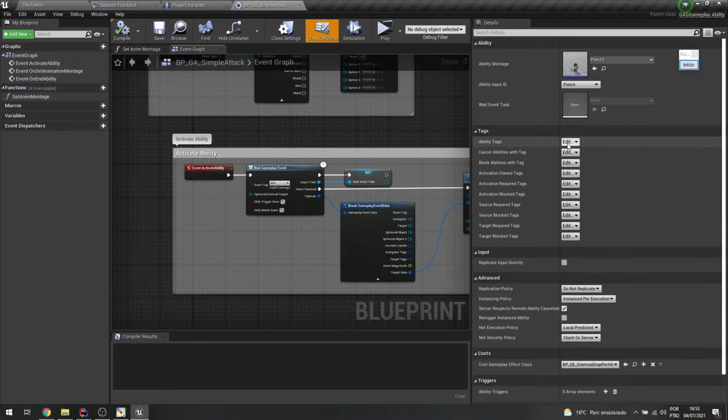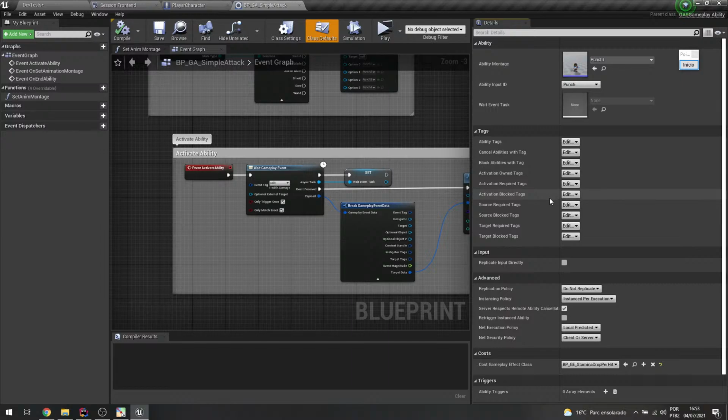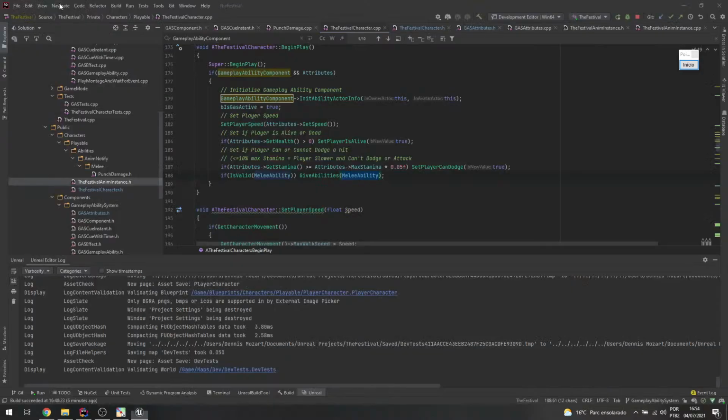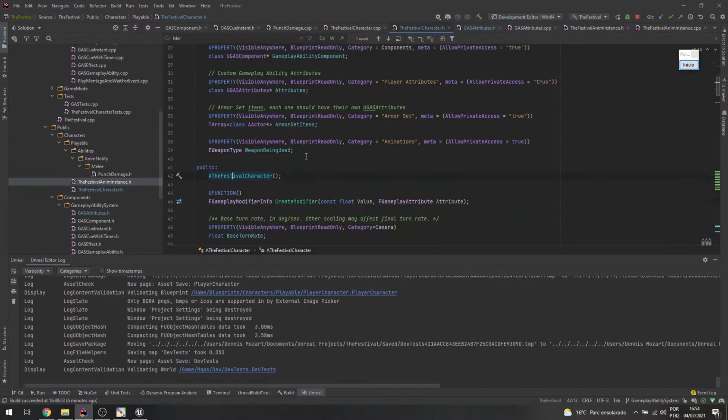This is the ability. So there you go. You can have the source require tags. You can use that. So in order to activate that ability, you have to have maybe some other tags already in your character. Or you can set it up in your data table somehow, like only activate that if... for example, in my case, what I'm going to do in the future is I do have this